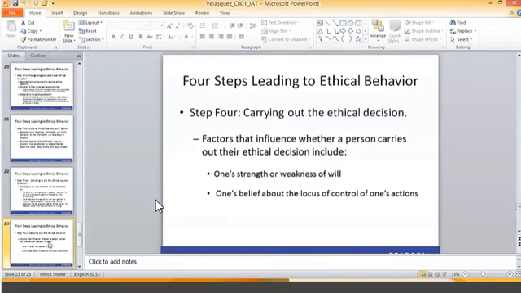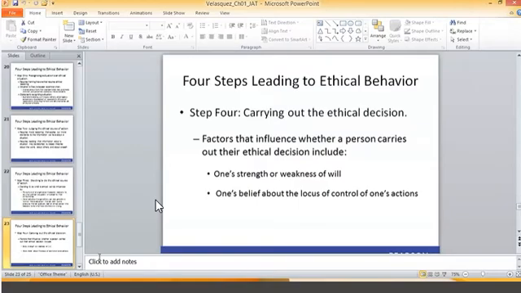The opposite: if you are high on internal and low on external, then if you commit a crime, you will not blame somebody else. You will accept that it is your fault, that you made that decision. That is the difference. At the end, the decision very much depends on you.